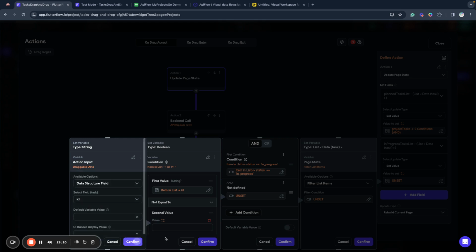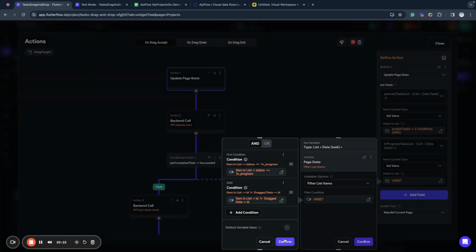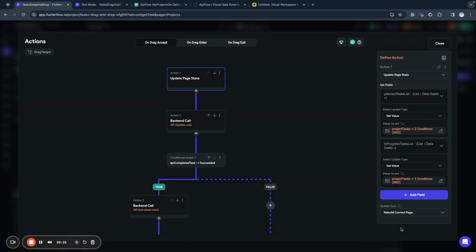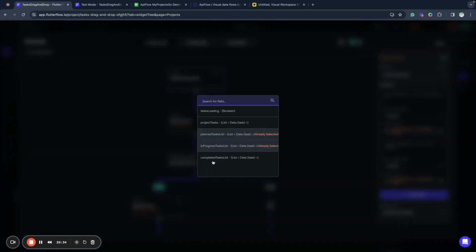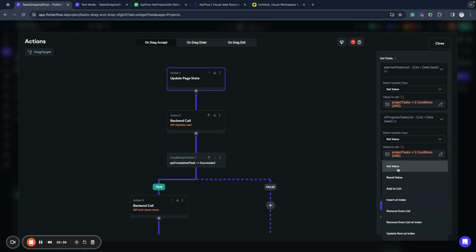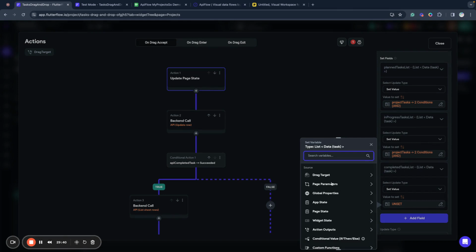So we will have in our in progress tasks all tasks that have in progress status and are not the current dragged task, because we dragged it to the completed column. And for the completed tasks list we will set the value as